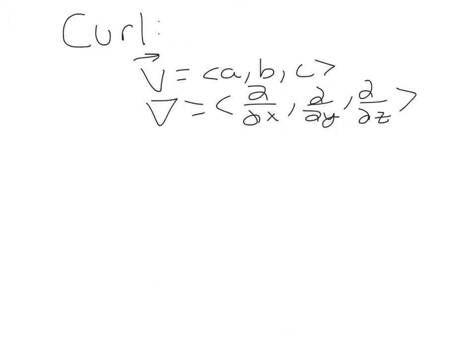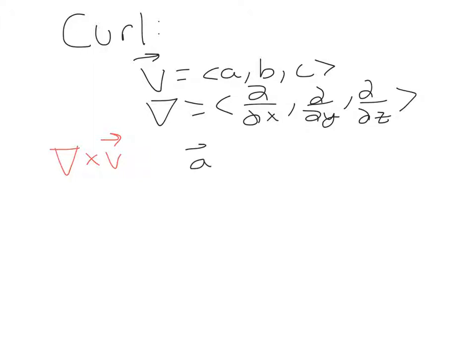We will again use del and the vector v equals ABC with variables x, y, and z to describe curl, as we did for divergence and gradient. Curl is denoted as del cross the vector v, and to review, the cross product of vectors with three components,